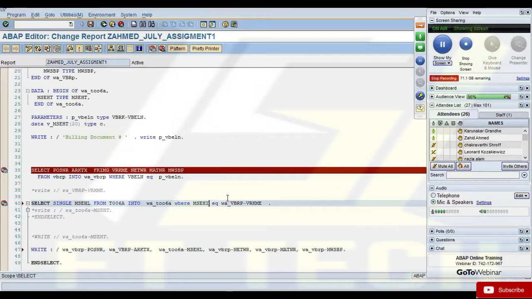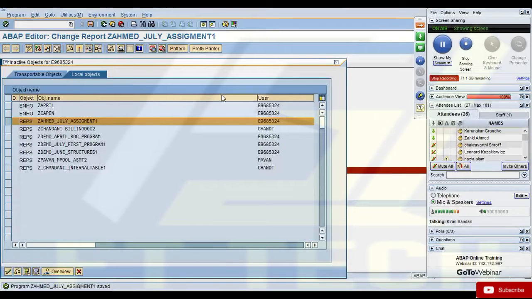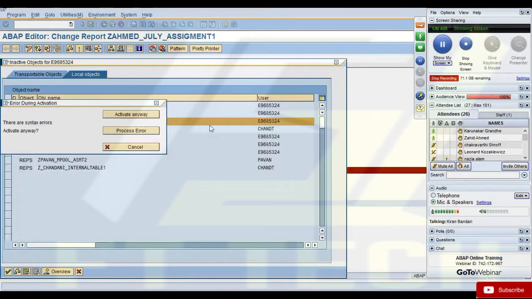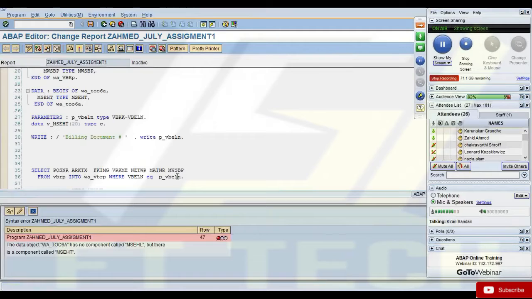You need to compare HI and Spras, language English. Sign language is the system field which will have the logon language. So whichever language the user logs in, we are showing that. MSCHT, no problem.